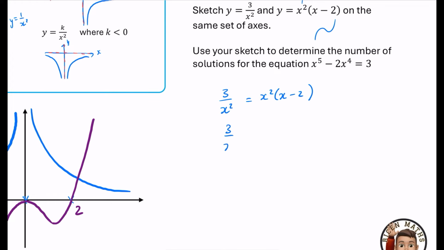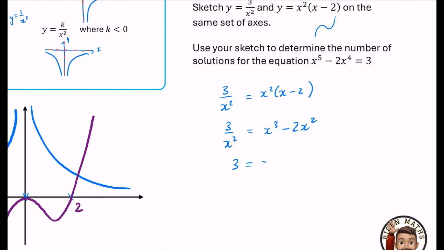So if I were to expand the brackets on the right hand side, I would get x cubed minus 2x squared. And now you can very quickly see how it's related to this one. It's just multiplying the x squared up onto the right hand side so that we get 3 is equal to x to the 5 minus 2x to the 4. So what we can say here is the solution to the equation